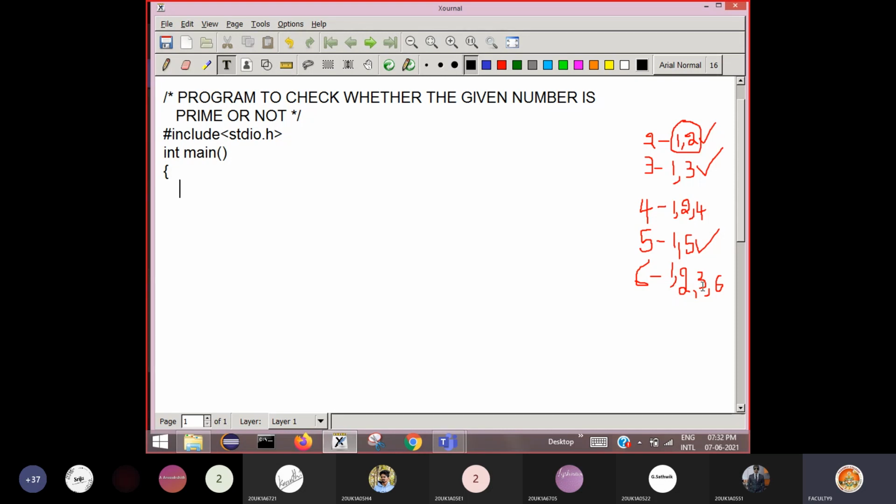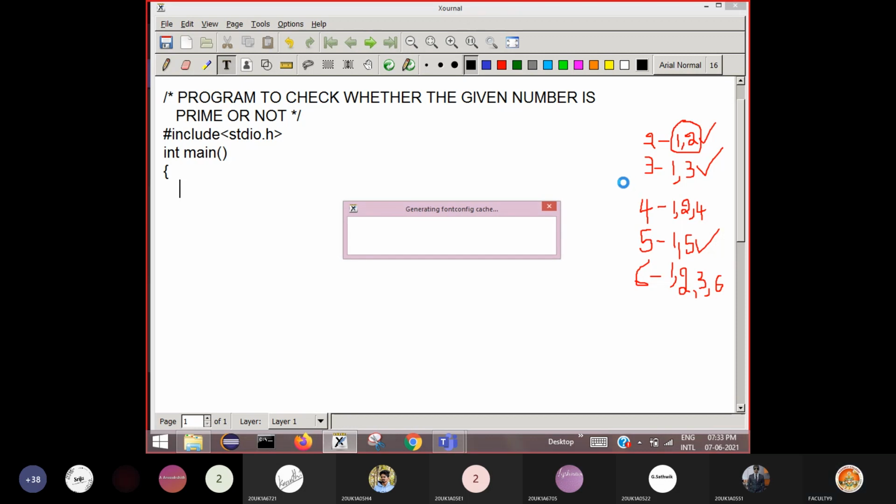That means you divide the given number from 1 to that number onwards, and just go on counting how many times it is divisible. If it is divisible 2 times, then you can say that the number is a prime number.